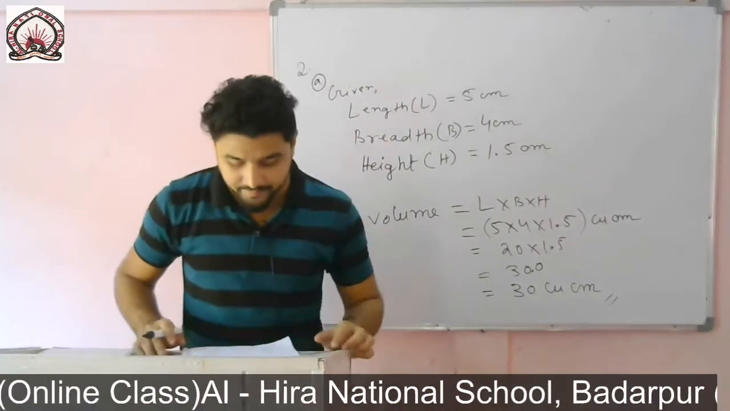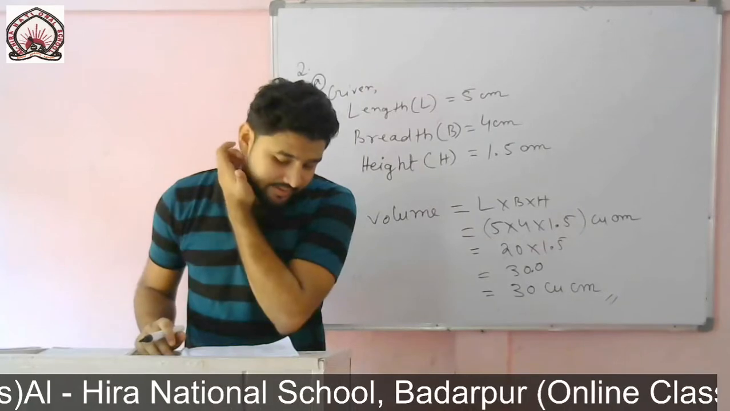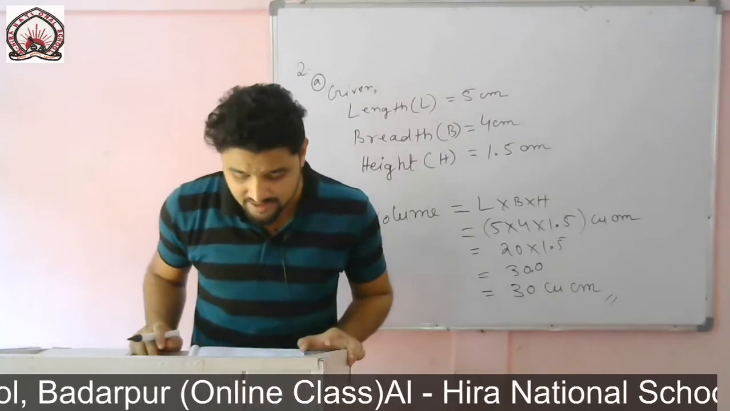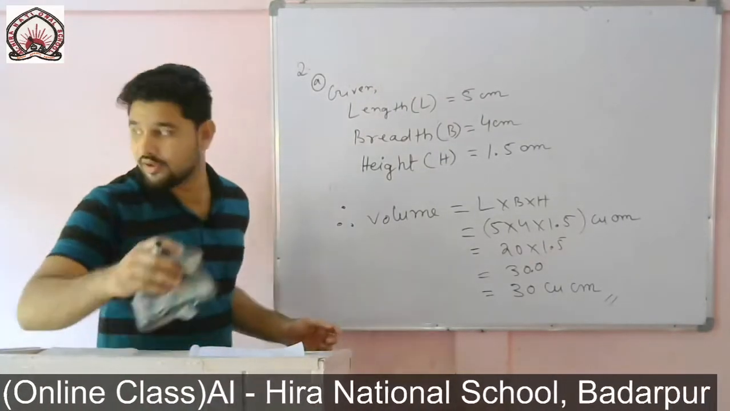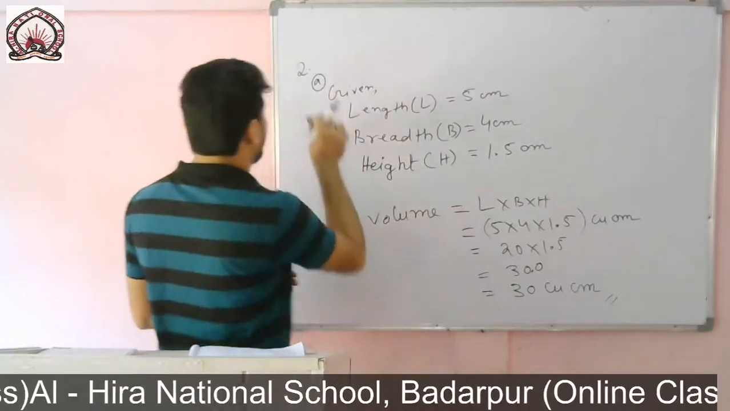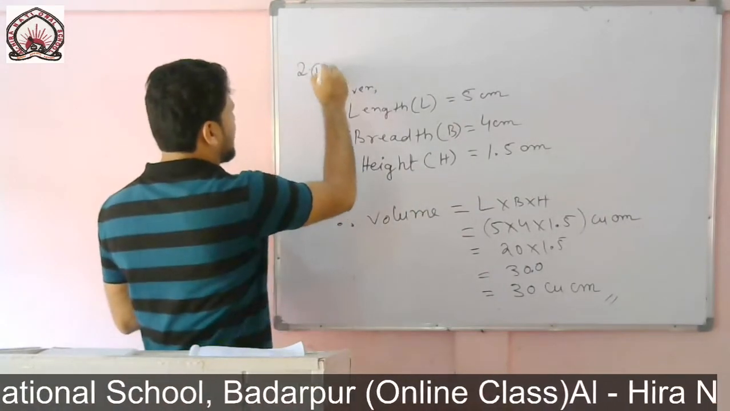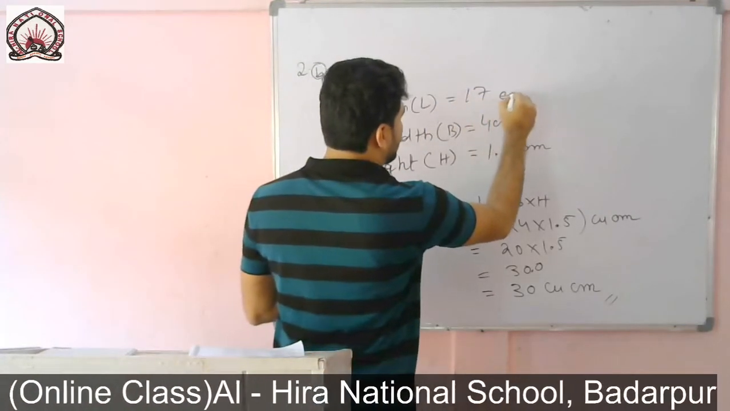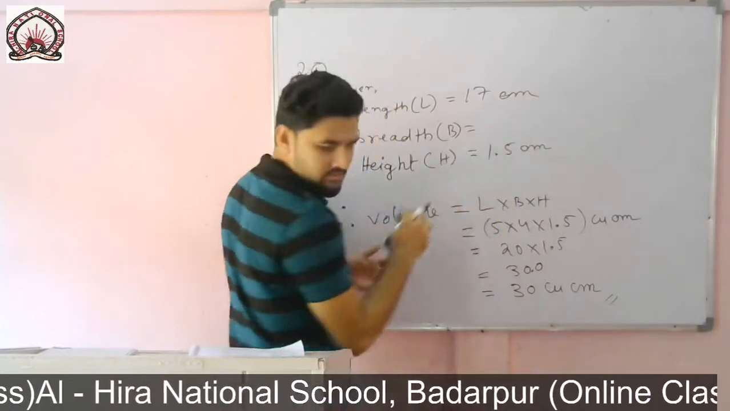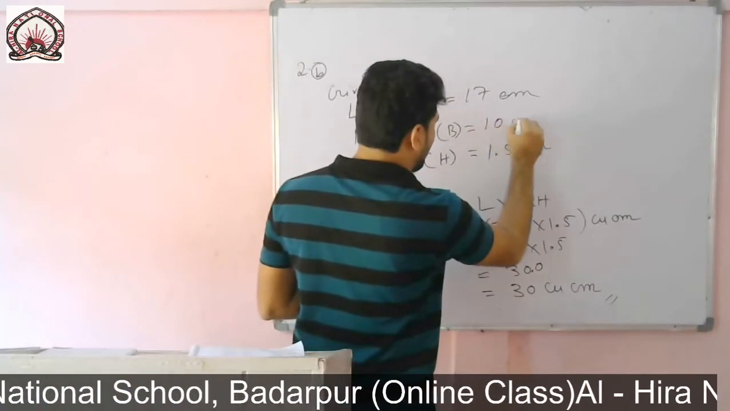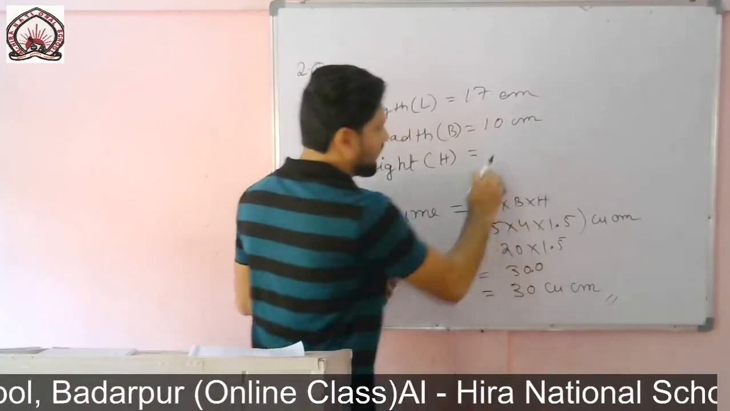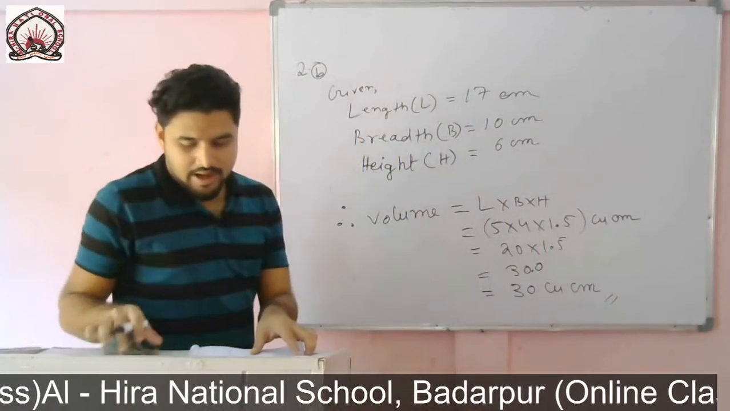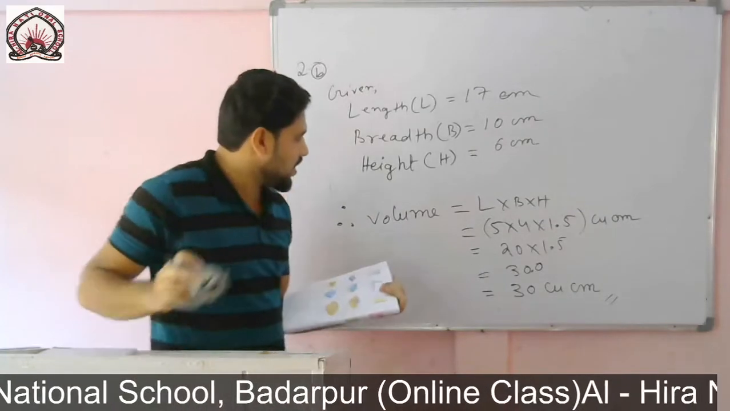Now come to question number B. It's a box, we can say it's like a tiffin box. Okay, having length 17, breadth 10 and height 6 centimeter. Okay, so you just change question number B. Length what given? 17, so you write 17 centimeter. Breadth 10 and height 6 centimeter. Okay, height 6 centimeter. Okay, so you change here,